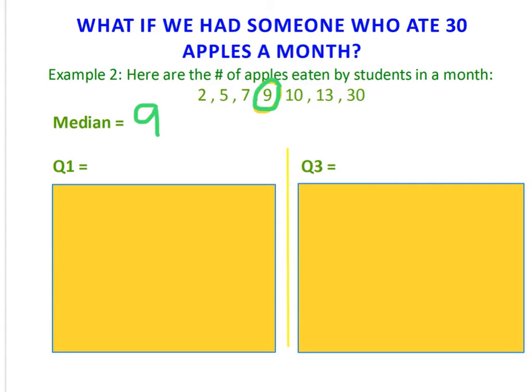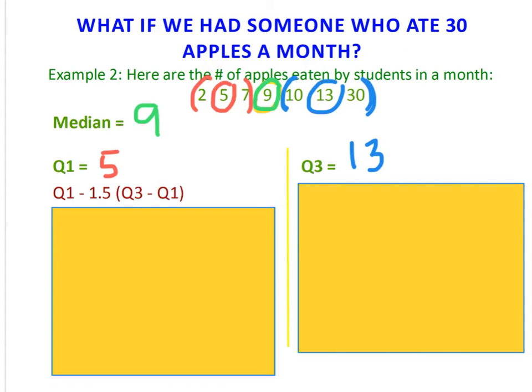Q1, which is the lower half of my data, the middle of the lower half is 5, so Q1 equals 5. Q3 is the middle of my upper half. Well, my upper half would be those 3 numbers, and 13 is still Q3, or the middle of my upper half. So now if I wanted to find if there were any outliers,